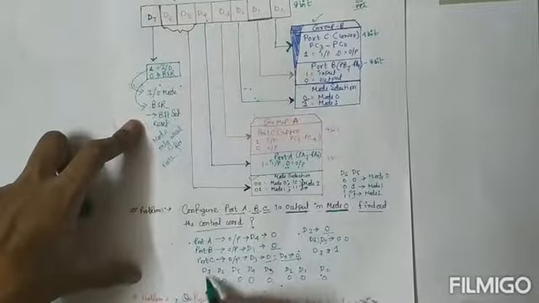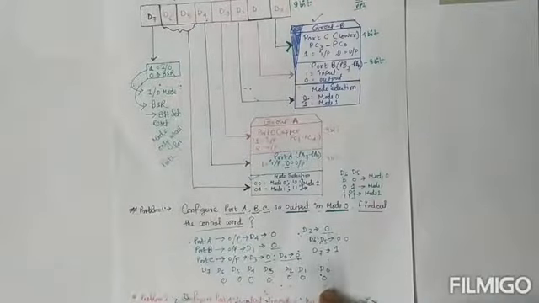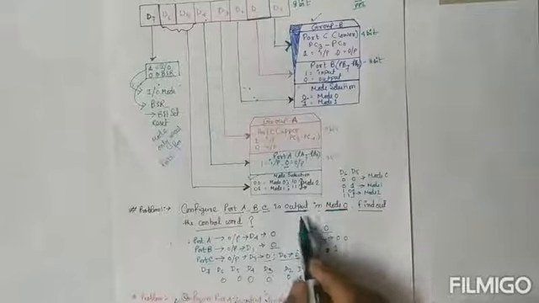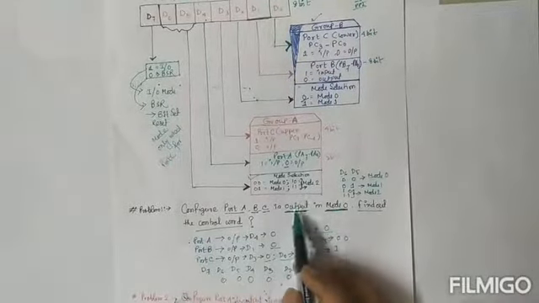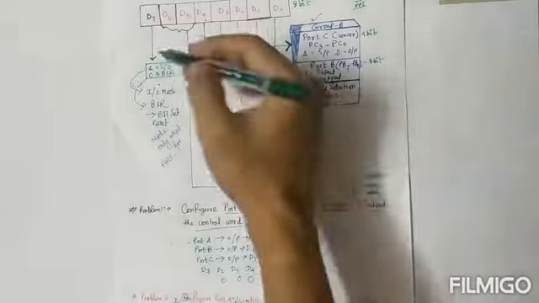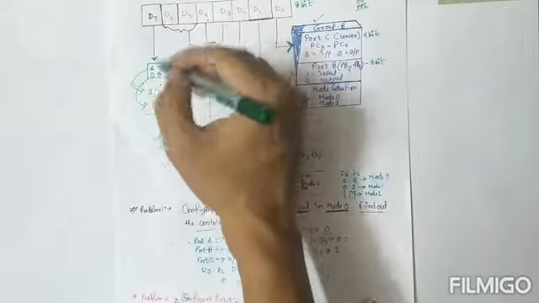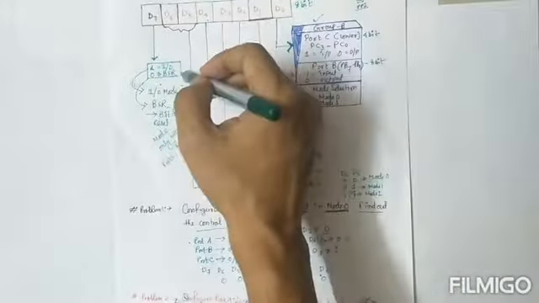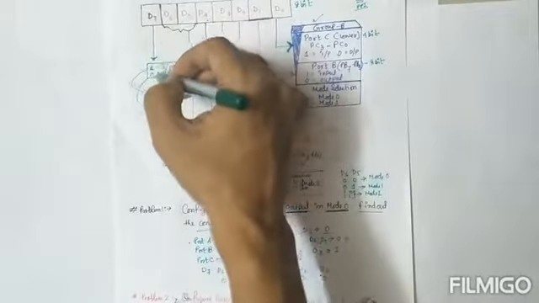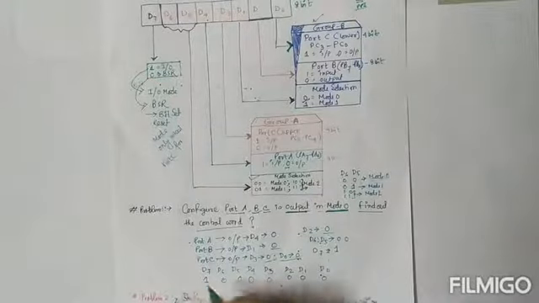And what is the value of D7? As the operation is input or output operation, and here the problem indicates only output operation, D7 indicates the value of 1, not 0. If this control word format is in BSR mode, then D7 holds the 0 value. So the value of D7 is 1. This is the binary term, 1 0 0 0 0 0 0 0.